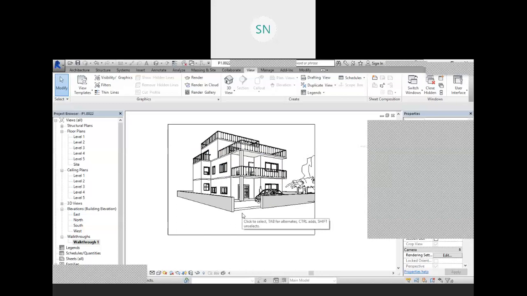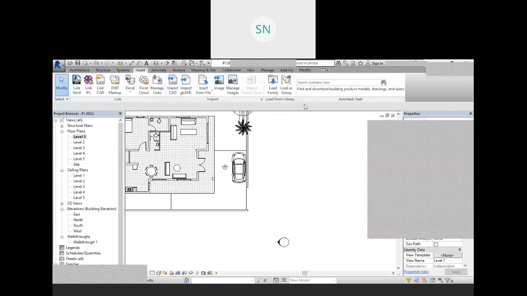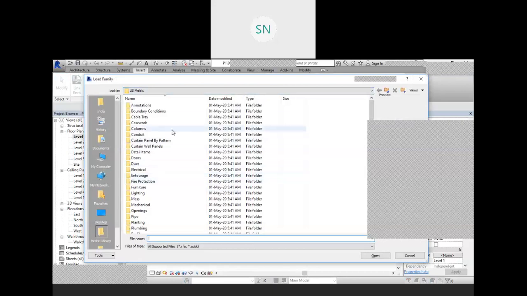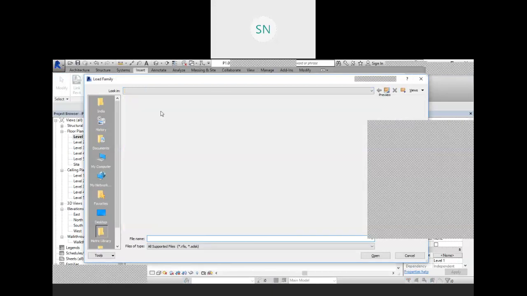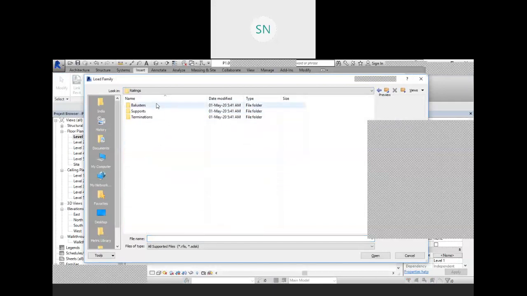Now for the railing baluster, this glass placement. See, first of all, you need to go to the insert, and you need to go to the load family. And from here, go to the railing in your Imperial library. Go to the railings, and here we have balusters.